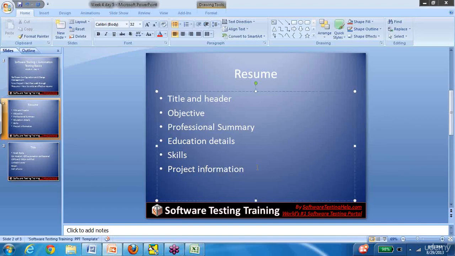Again, you might not come up with perfect documents. Have your peers review it, have your friends review it, or you could always reach out to one of us from the software testing help team, and we'll be happy to help you. So make sure that you work on some projects. Another important thing is to familiarize yourself with at least one automation tool. That will definitely be an added advantage to your resume.